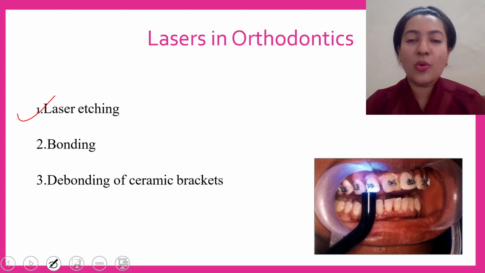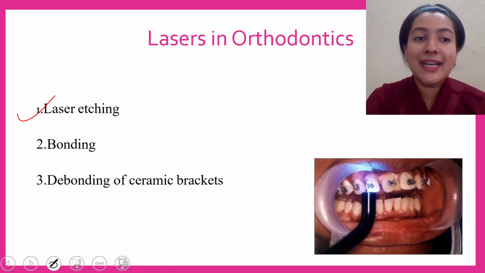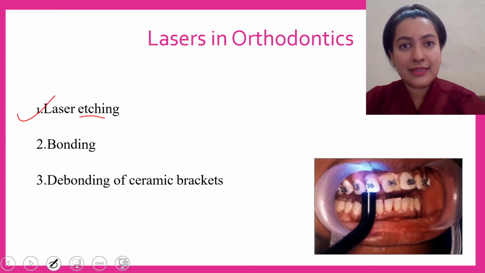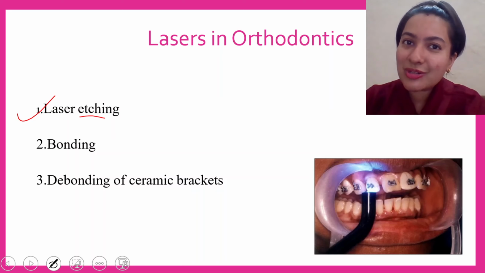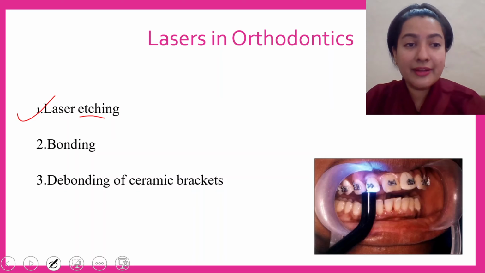See what happens when we want to bond a bracket onto the tooth surface. The area has to be etched well. Only if this area is etched well, my bracket will stay there properly. So we have etchants coming. Now obviously the typical procedure of applying an etchant, waiting for some time, washing it, applying the primer is a time consuming task. So we have laser lights wherein we point the laser onto the enamel and it gets etched. Simple, sweet and not time consuming. So there it is used.